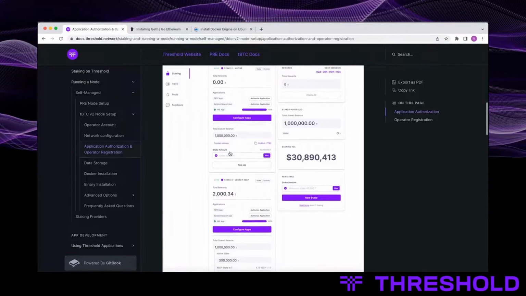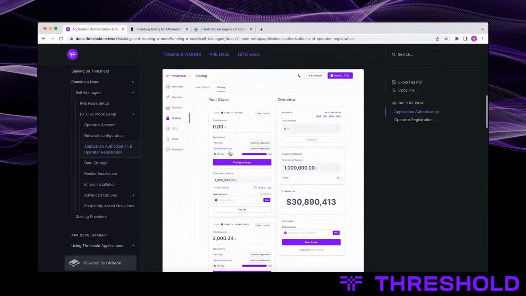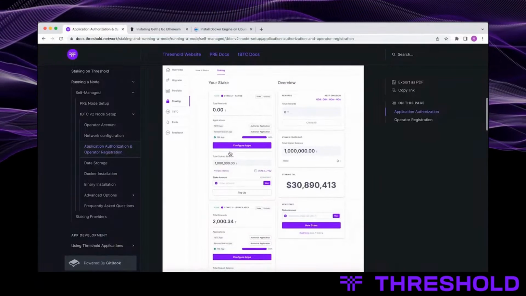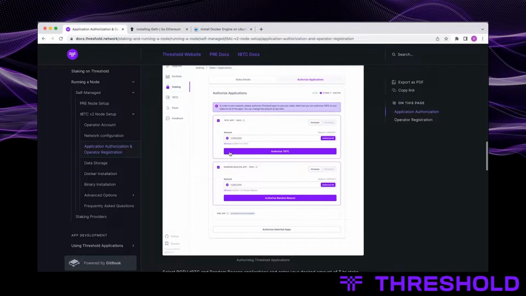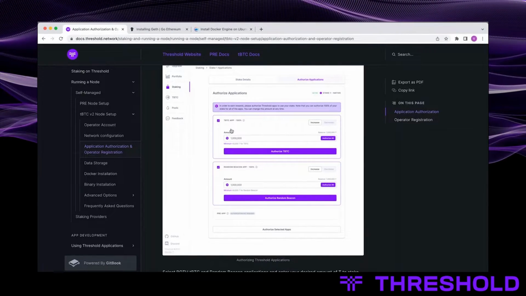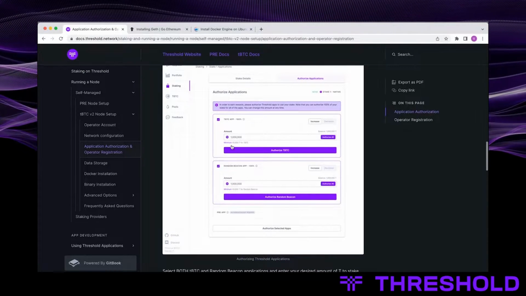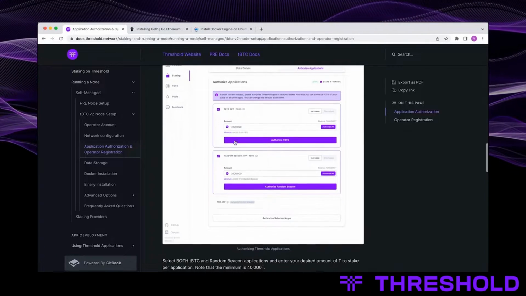I can't show it without actually logging in with a wallet, but there are some screenshots here in the documentation. You can set your authorization for each of the services either to your full stake or a fraction thereof, as long as it meets the minimum.